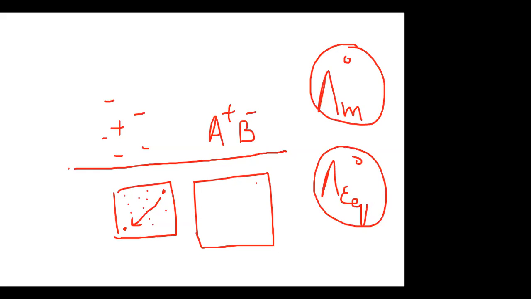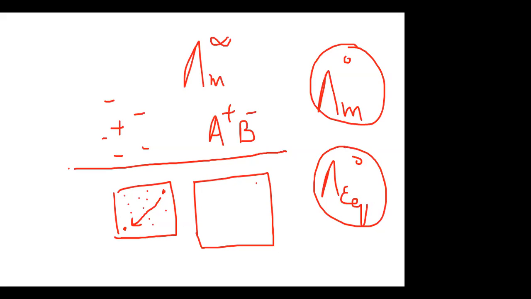What does this mean? This means that upon increasing the dilution, the more you are diluting the solution, the conductance, whether it is molar or equivalent, is increasing. All right, it keeps on increasing till a certain limiting value is obtained. Once that limiting value is obtained, further than that, the conductance does not increase. This is called the molar conductance at infinite dilution. All right, and in some books you will find it is designated by writing that infinity sign here. So it is the same way.